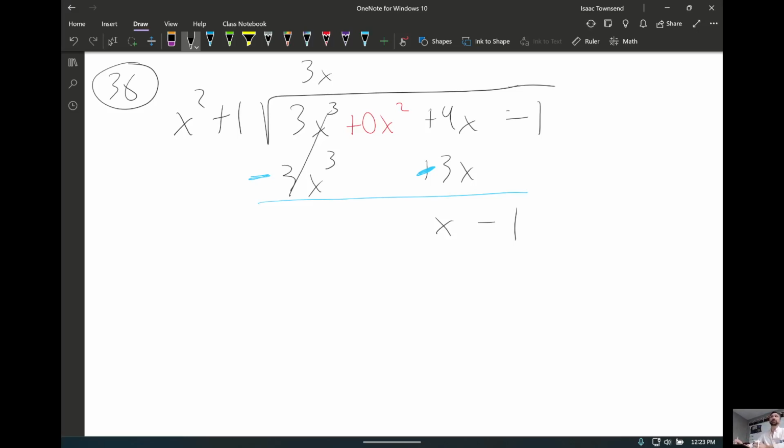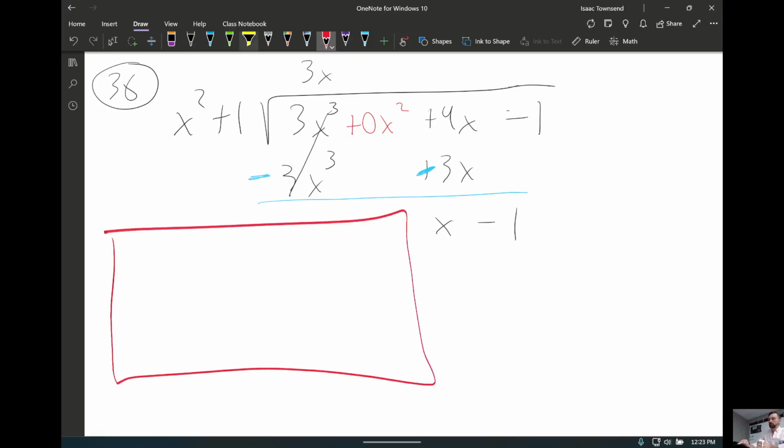So it looks like this placeholder didn't really help in this question, but it also wasn't very much work. So now I know I'm done with the algorithm because there's nothing times x squared that gives me x without putting an x in the denominator, which we're not interested in. So my answer will be the quotient 3x